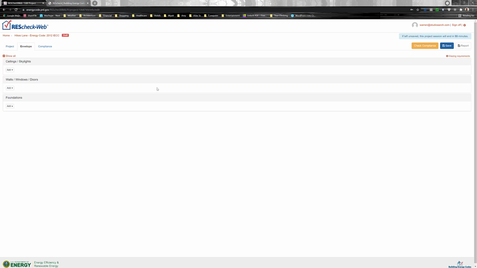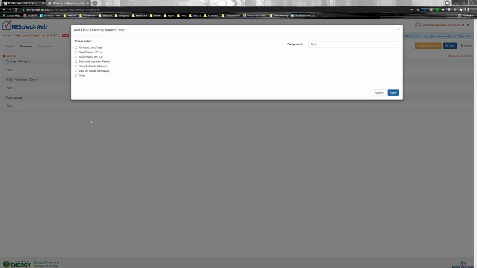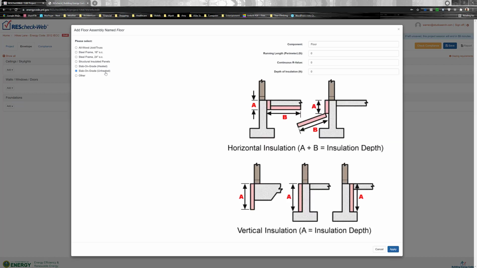Okay. All right. It doesn't matter what order you do this in, but you just go ahead and start adding. Okay. So I have a floor assembly. It is, for this building, an unheated slab on grade. Okay. Take a look at this diagram,